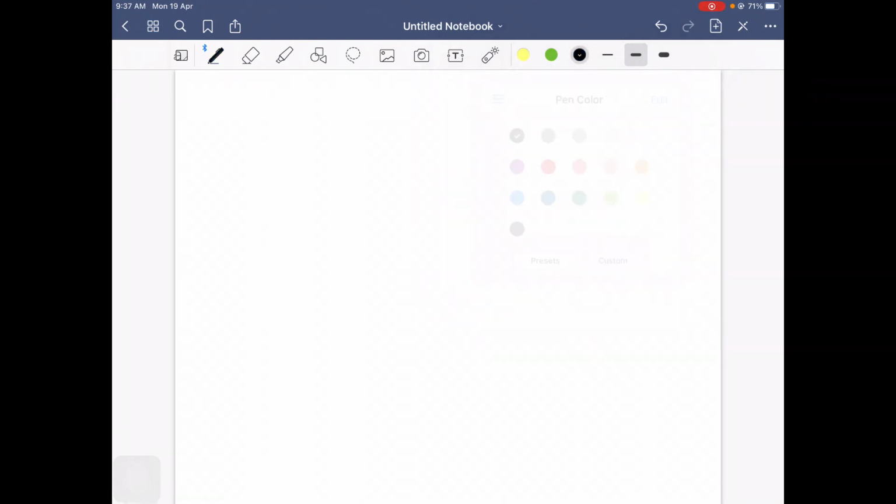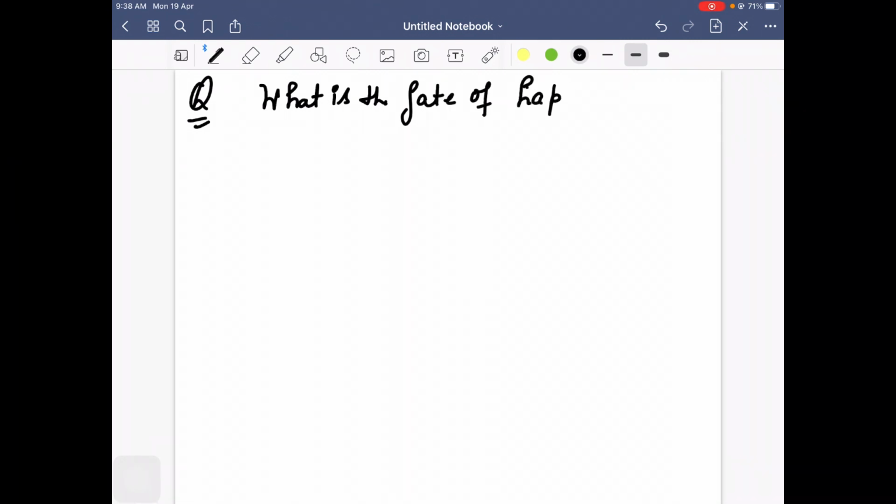The next question I am taking is: what is the fate? This is a very important question that can be asked from the female gametophyte. Fate means destiny, what will happen next. What is the fate of the haploid megaspores, the megaspores formed by,